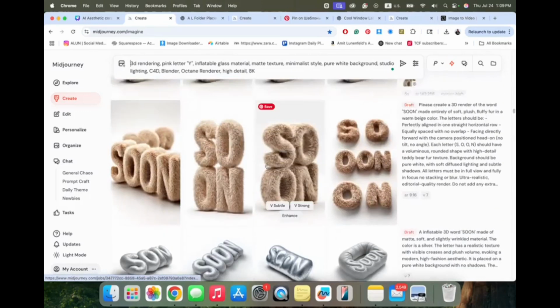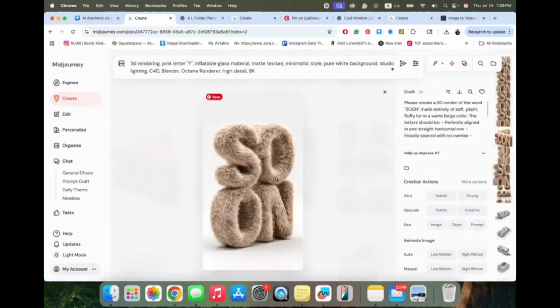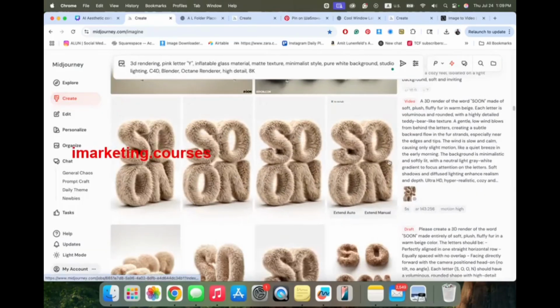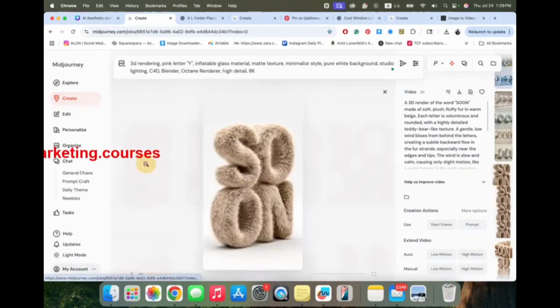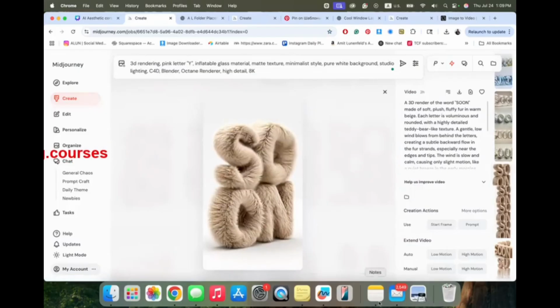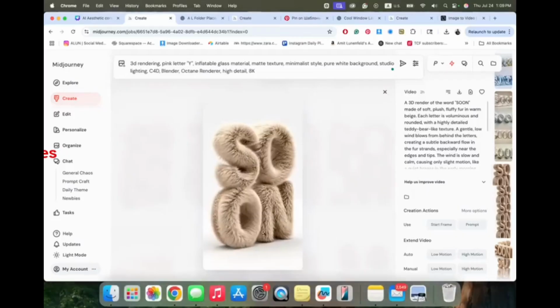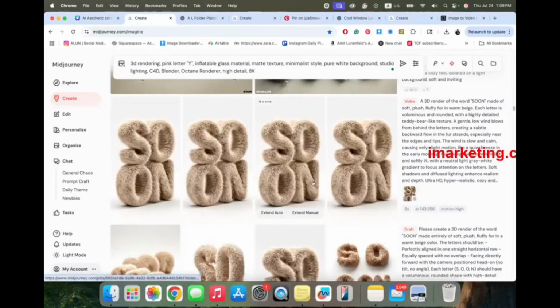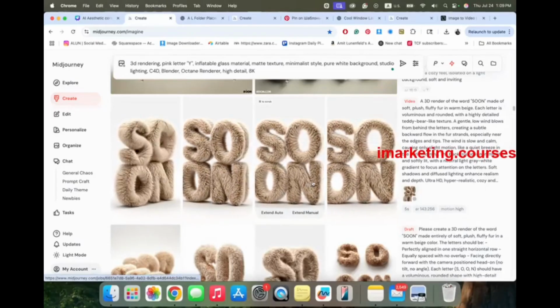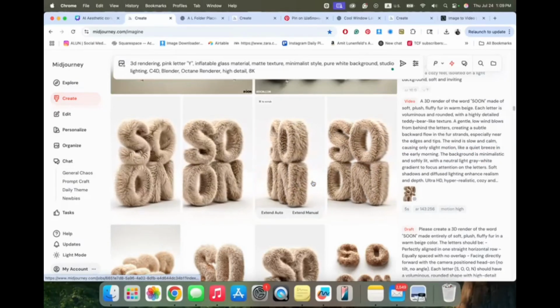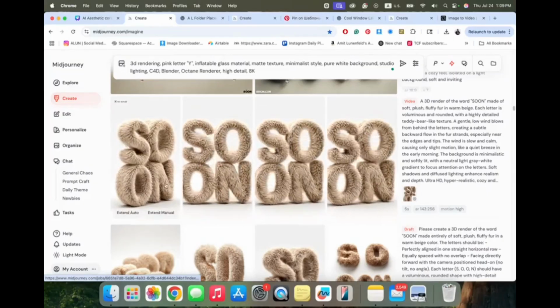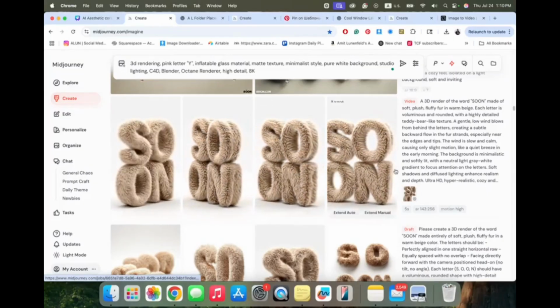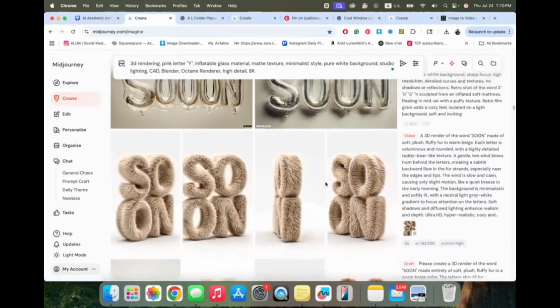I got something that I liked. You can see, I think this option is really cute. Then I asked to add some motion to that, and this turned out really nicely. If you have a fairy coat collection or your brand color is beige and you want to promote it, and it's winter time and you want to promote this fairy look, you can definitely use something like this. Here, a great example.